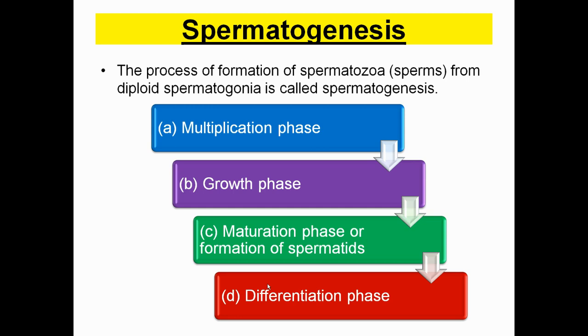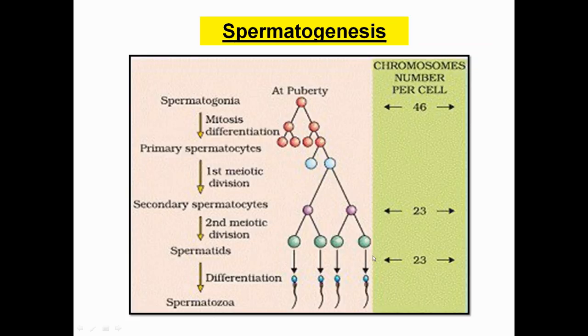So it's my idea to go with the pictorial presentation first, so you can understand the whole process in a holistic manner. You can see over here spermatogonia. Spermatogonia is the mother cell which ultimately gives rise to the spermatozoa or sperm. These are red in color here, not the actual color, only for the pictorial representation. So colors specify the type of cell.